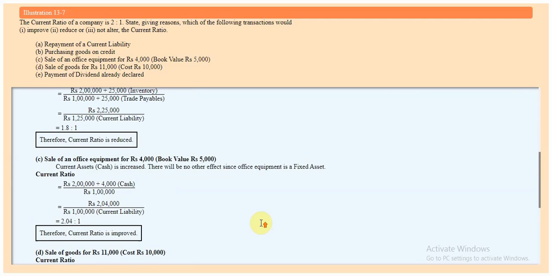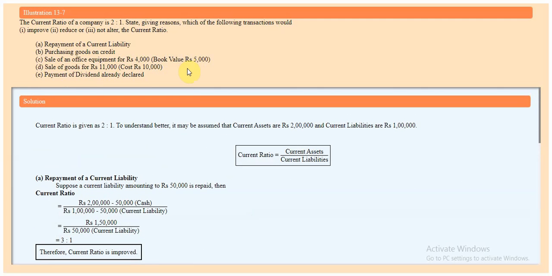So this is how for different cases you have to make sure that you are comfortable and confident for each of the case. If the ratio will increase, decrease, or a case does not affect the current ratio at all. So likewise, you have to imagine a number, put those numbers into current assets, liabilities, and imagine a case. Then you will be able to find solutions for cases like these. We'll move on to the next sum.